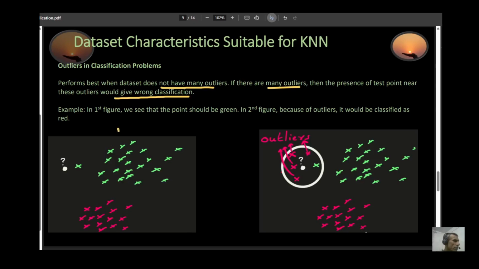In the first figure right here, we can see that this point should be green because it is next to the green right here. And now I add 4 outlier points, 1, 2, 3, 4. And suppose your k equals 5 over here. So in this case, 4 are red and only 1 is green. So this point right here is going to be classified as red, not as green,